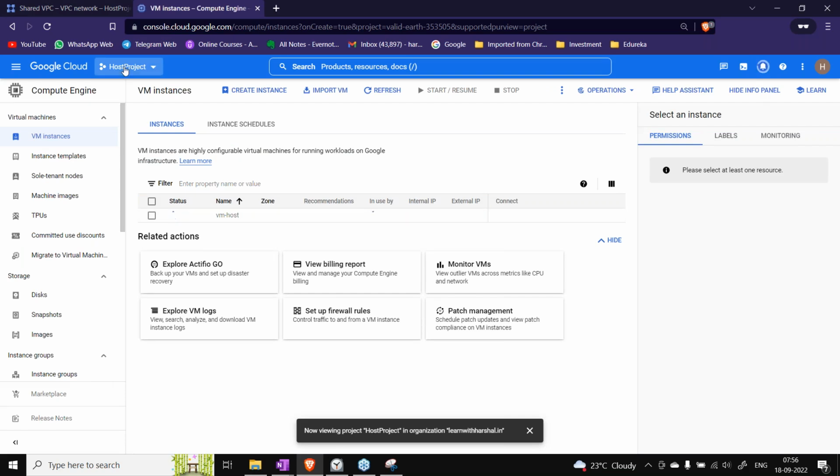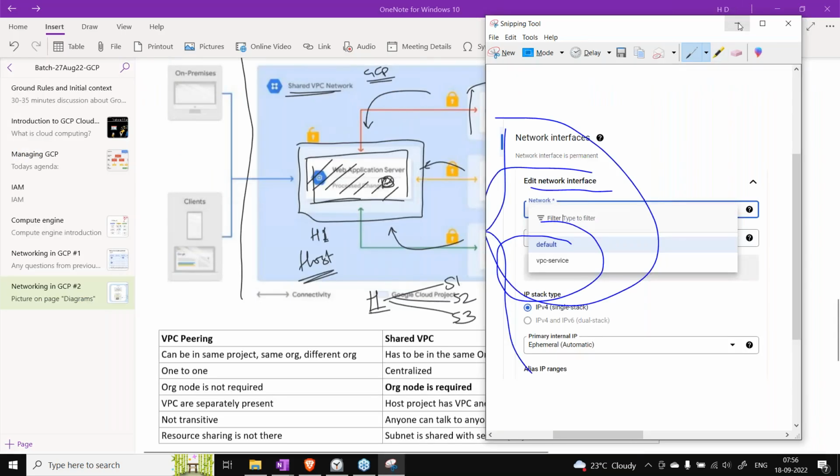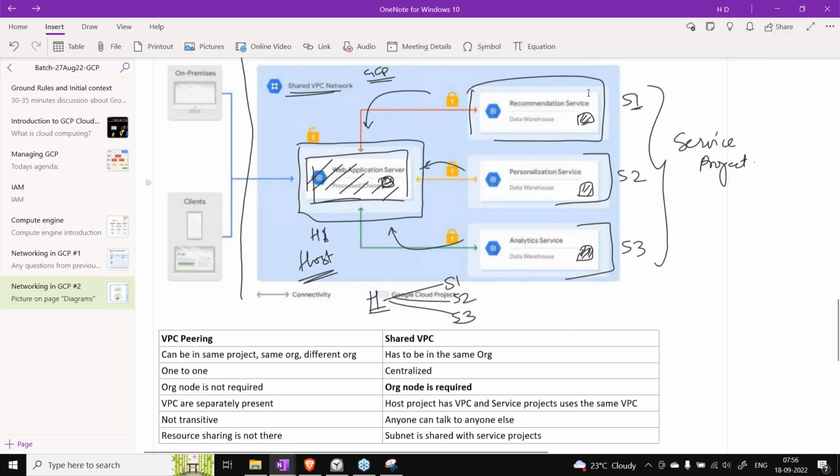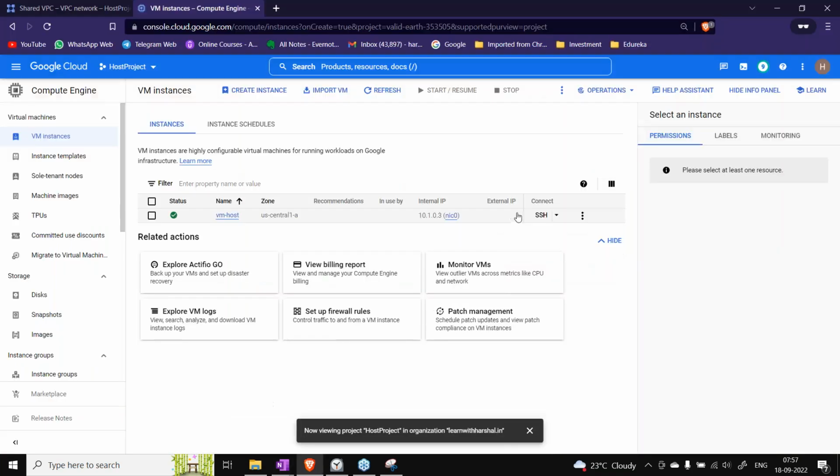So there is one VM in the host project and another VM in the service project. But essentially, if you understand this part clearly, this S1 VM is also created in the same boundary of this particular VPC. So we have created the VMs, and even though the VM will be charged to the S1 project, the VM's perimeter is considered as the perimeter of this particular host VPC. That's why, in networking terms, they both belong to the same VPC and the same boundary, right? So of course they should be able to talk to each other.